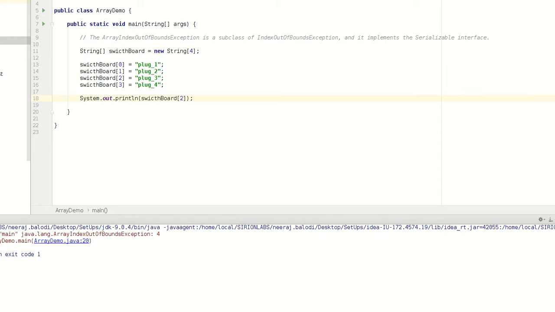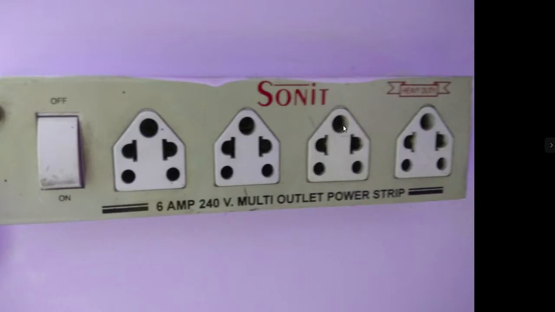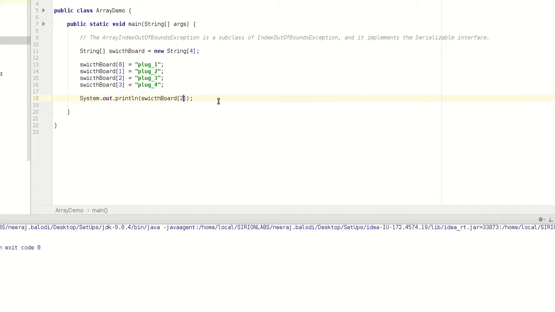If I run this program, what I will get is plug 3. So I can easily see that plug 3 is inserted at the second index of this plug board. This is how to use array, how to initialize it, how to declare it, and how to access the element.